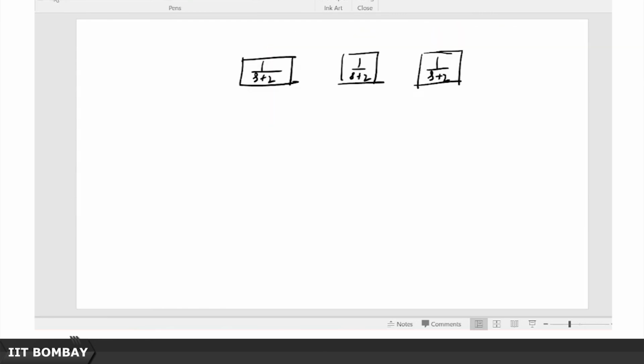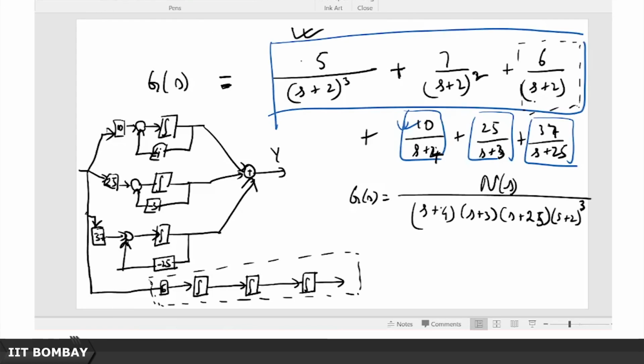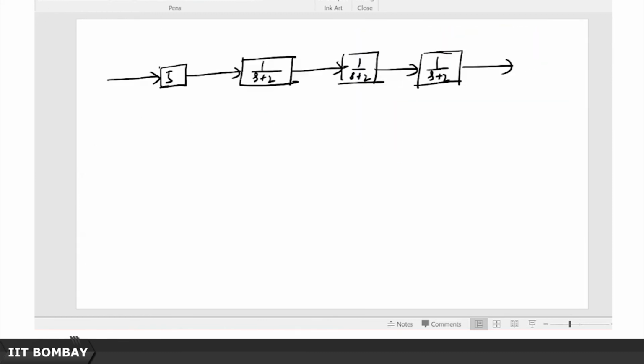So then if I pass an input signal through say 5 and pass it through this, yeah, this is already giving me the realization of this first term here. How about the second term? So for the second term, what I can do is, I need not pass it through all the 3 integrators. So let me just pull this out from here